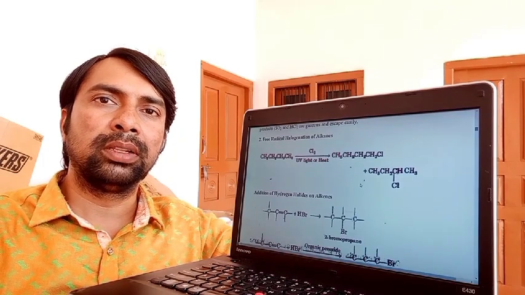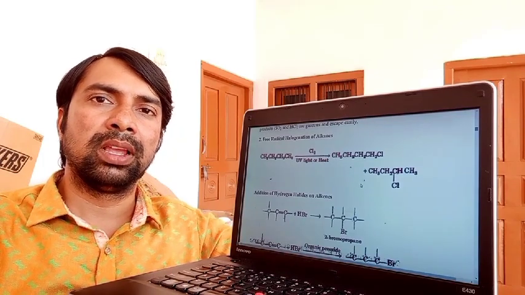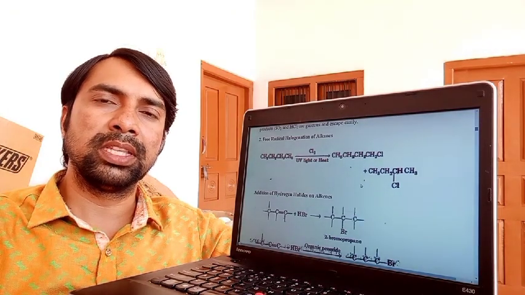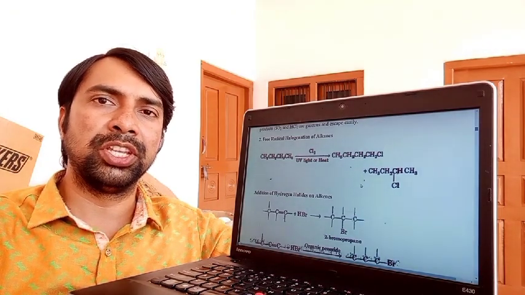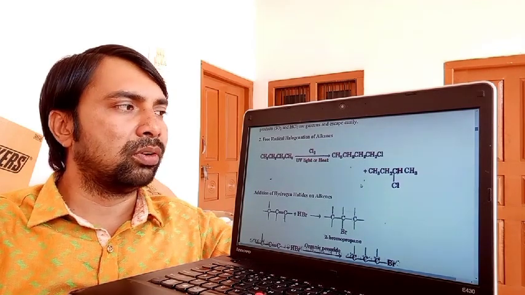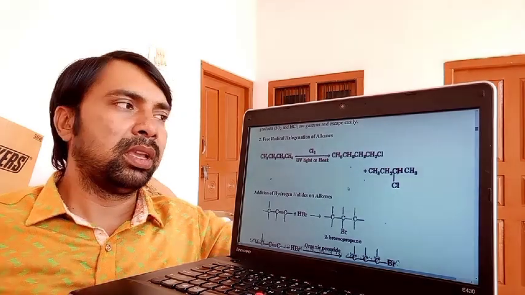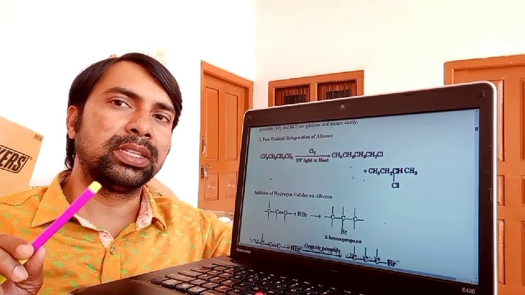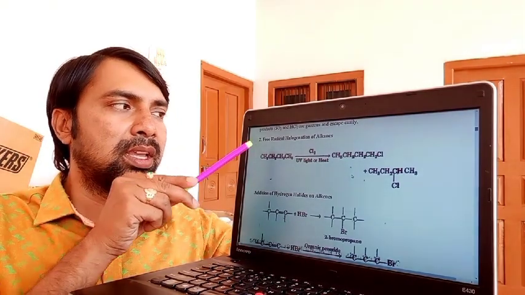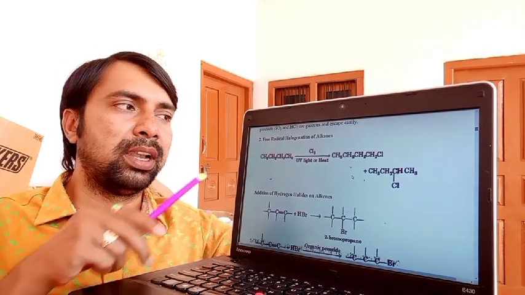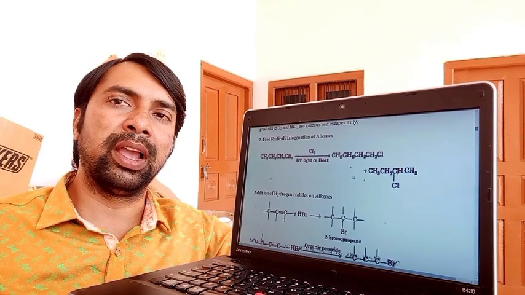In this session we are going to learn the preparation of haloalkanes from hydrocarbons, and the third one is from the halogen exchange method. Now, first, from hydrocarbons. Here hydrocarbons are the alkanes as well as the alkenes. First, alkanes. In alkanes, the free radical halogenation of alkanes leads to the formation of alkyl halides.